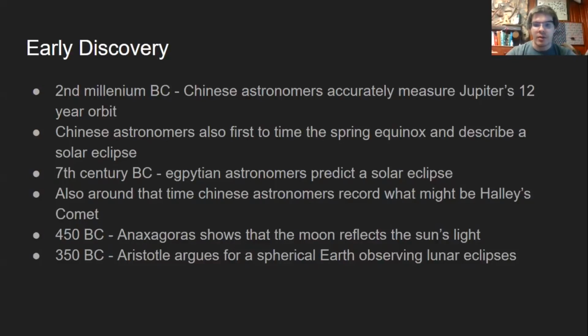Also around that time, Chinese astronomers recorded what we believe was Halley's Comet, or Halley's Comet, or however you want to pronounce it. And in 450 BC, a predecessor to Aristotle, Anaxagoras, showed that he was able to prove that the moon reflected the sun's light. And then only 100 years later, Aristotle argued for a spherical Earth after observing lunar eclipses, which is kind of